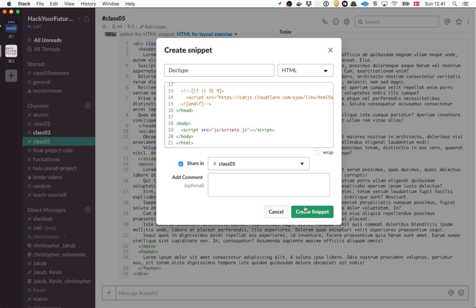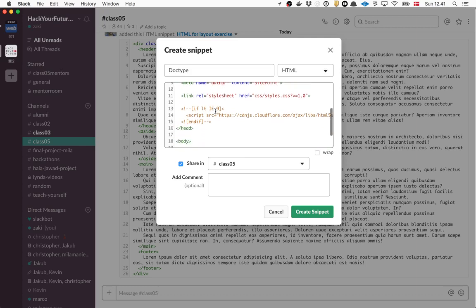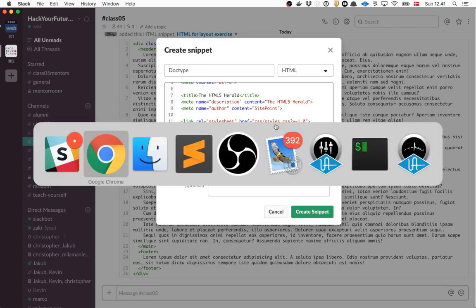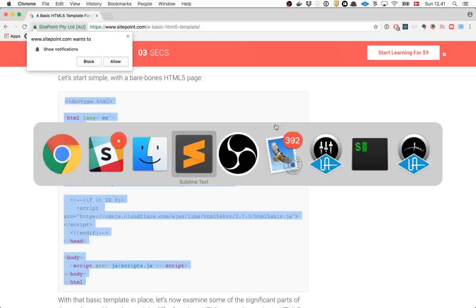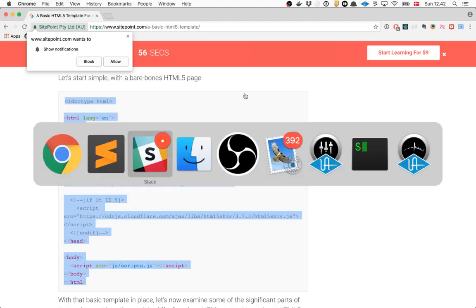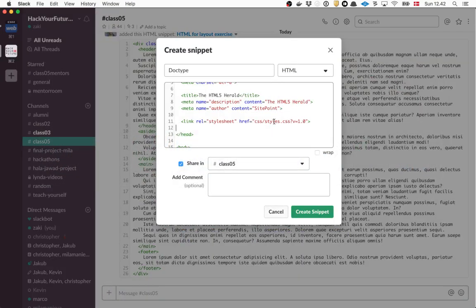Let's remove the JavaScript part. You don't need that. See, we don't need to do any old Internet Explorer style sheets. Let's have a look at what I called my styles again. I just called it style.css and it's in the same folder as index.html. So I'll fix that up right away as well. So it's like that.